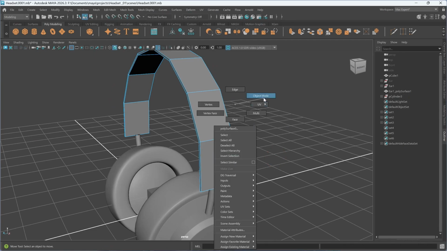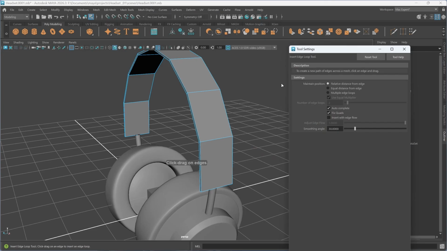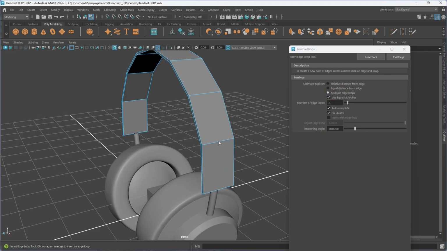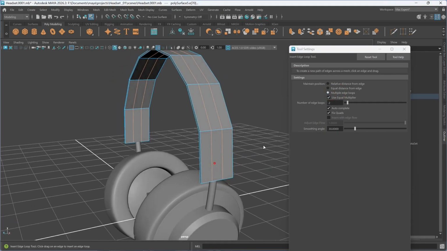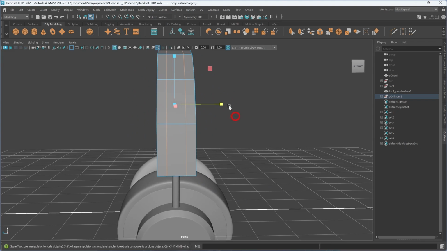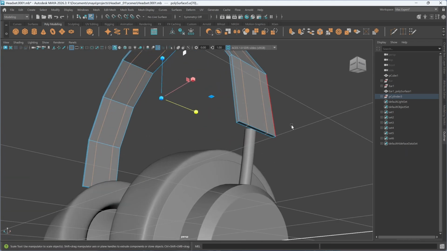Now we'll go into the object mode, shift right click, insert edge loop 2, and multiple edge loops 2. We're going to add this in the middle, reset this and close this, hit on R, and we're going to scale this out just like that, just like that. Now we're going to select these edges,